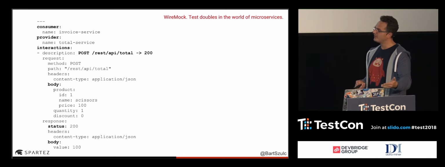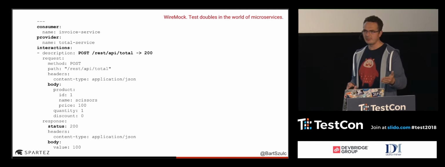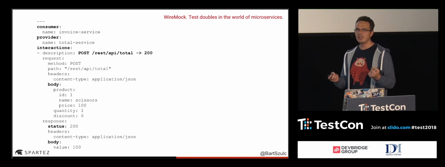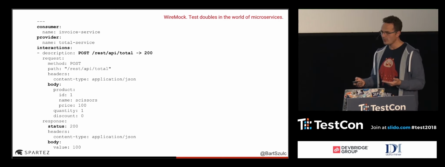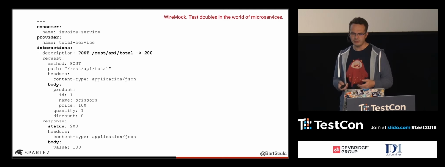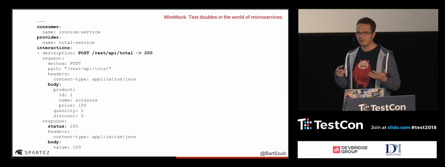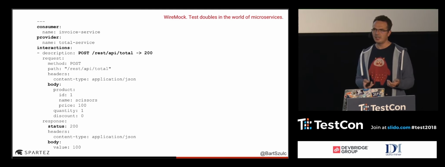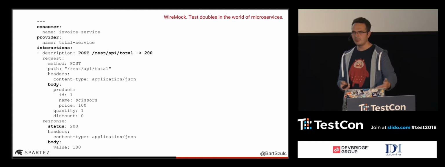This is Pact. If it's the first time you heard about Pact, I'm not going to describe it in detail, but this is basically a way of representing communication between two parties on the HTTP level. So I want to call some kind of resource with some kind of HTTP method, and I expect this resource to be under a certain path. When I send a body with a specific structure, I expect you as a provider to return headers, return some kind of object in the payload, and also some kind of status code. And we are able to write down this documentation in a format that is understood not only by humans but also by